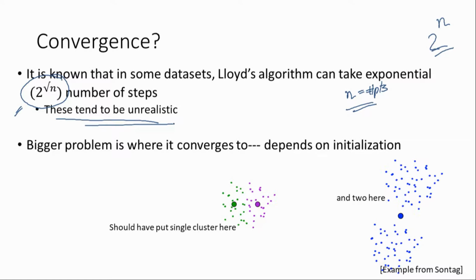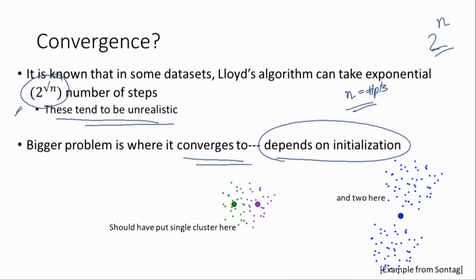The major problem is where it converges to. Let's see some examples. It turns out that where it converges to depends a lot on the initialization. Okay. So imagine this data set that we have, the green, the purple, and the blue. Forget the colors for now. Suppose you're starting to think about doing Lloyd's on this, and suppose, because the first centers are arbitrary,